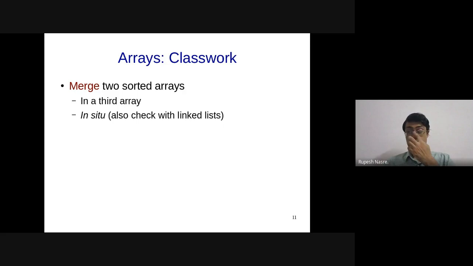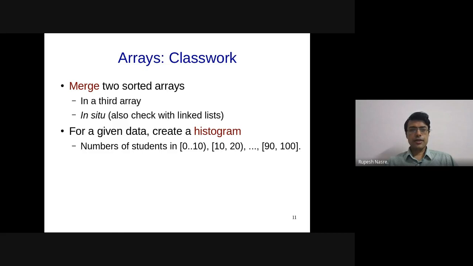Okay, so we'll discuss a little bit about another set of problems here. One is that you want to create a histogram. Histogram of what? Well, let's assume that you are given a set of students and all of them have different marks. And we would like to categorize the students in these buckets, right? So these buckets could be, let's say, 0 to 10 marks, 10 to 20 marks, and so on. Such a histogram might be useful if you want to find out how the variation in the class is when, for example, the final class committee meeting happens.